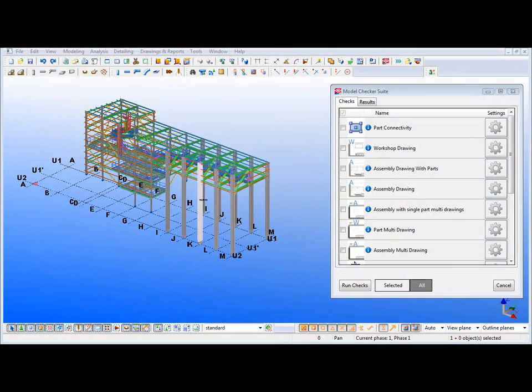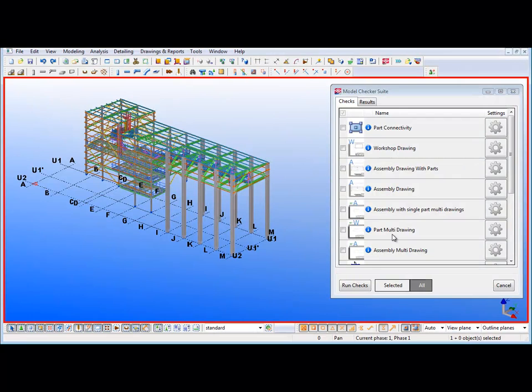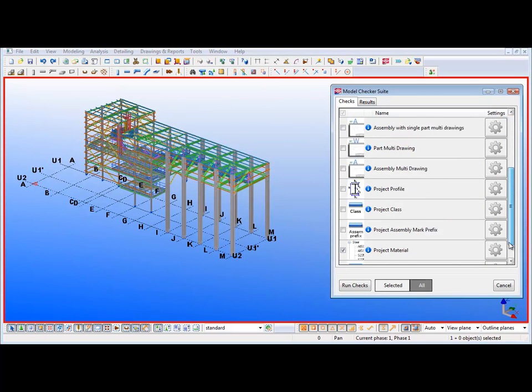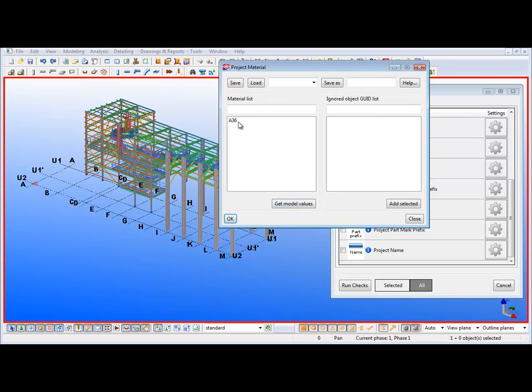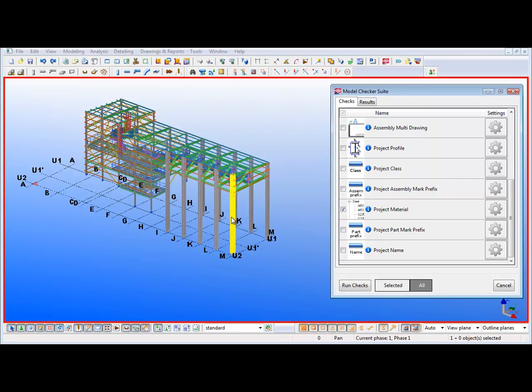The next check I want to run is, do all my parts have the correct material grade? So if I go down to my project material check, I can set the material grades I want in here manually, or I can tell it to show me all the material in the model as it is. I can see that I want A36, and the concrete I don't really care about, but I'm removing the other one because I want to know which parts have that material grade. And I run the check now,